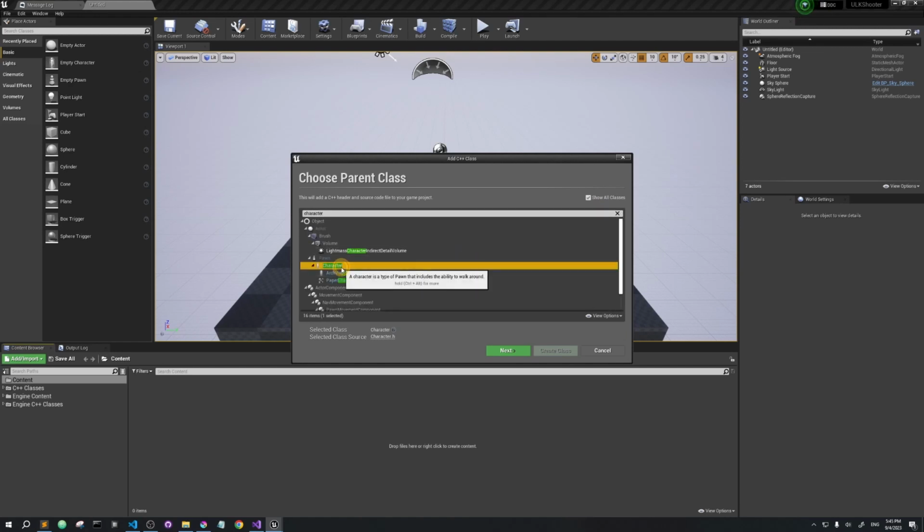Yeah, here it is. So pretty much the same thing. Before I click on next, here we can see our parent class is Pawn. So the Pawn class, and the Character class inherits from the Pawn class, which means